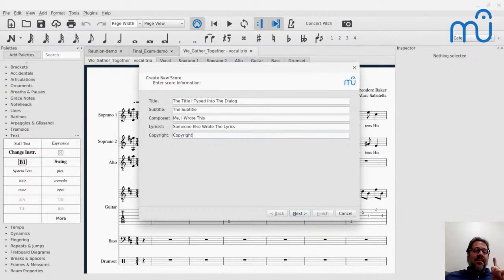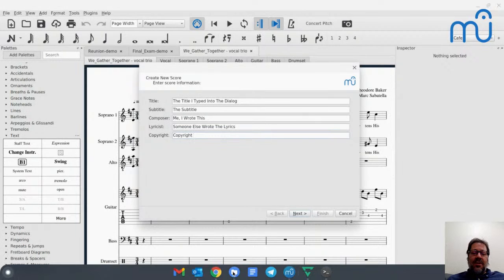Copyright. Okay, so the copyright field here, I would love it if I could type the copyright symbol right now. Unfortunately, I'm on a Chromebook right now, and if there is a way to access the copyright symbol on this Chromebook, I don't know what it is. Probably there is a way, but I don't know it. So there's a couple ways around that. One is to find somewhere else where you have a copyright symbol and then paste it. So let me actually do that.